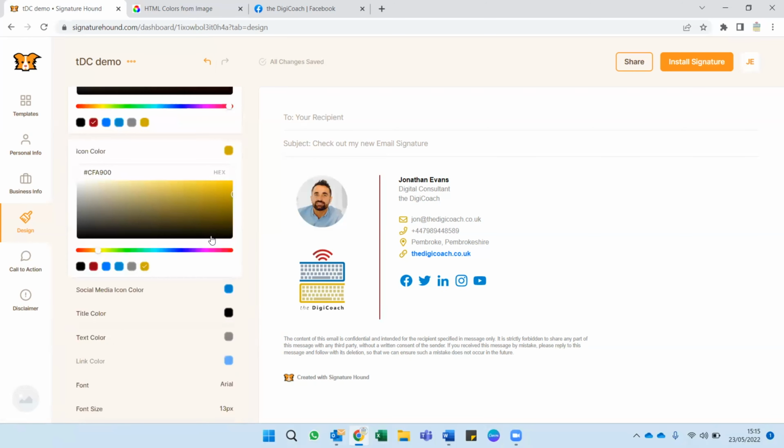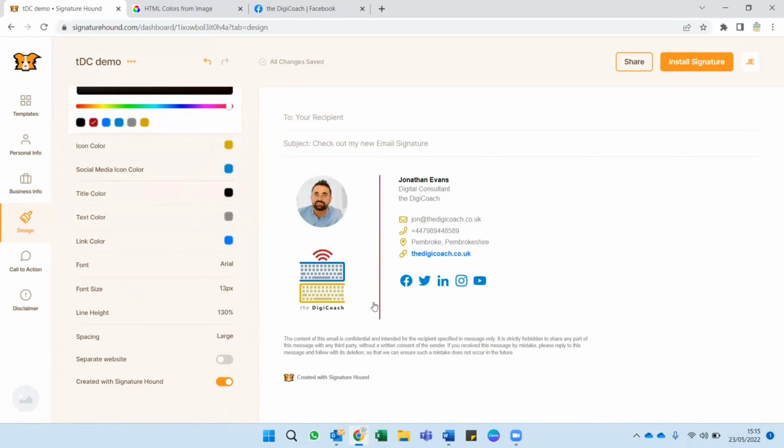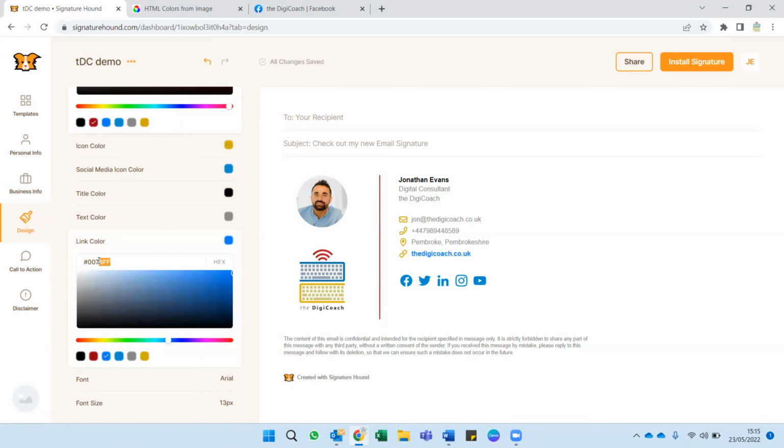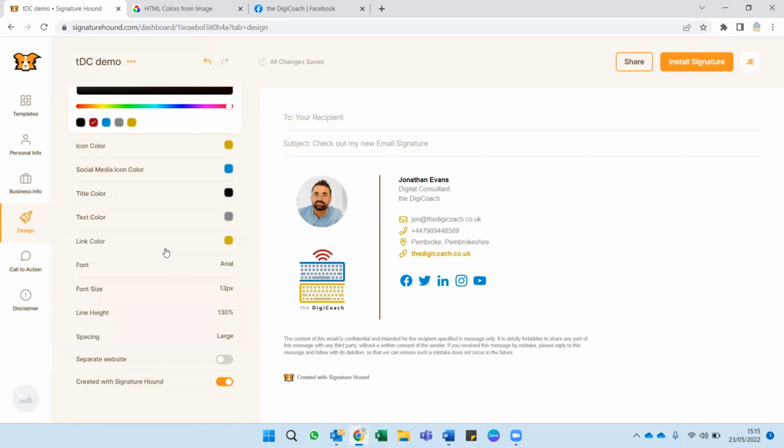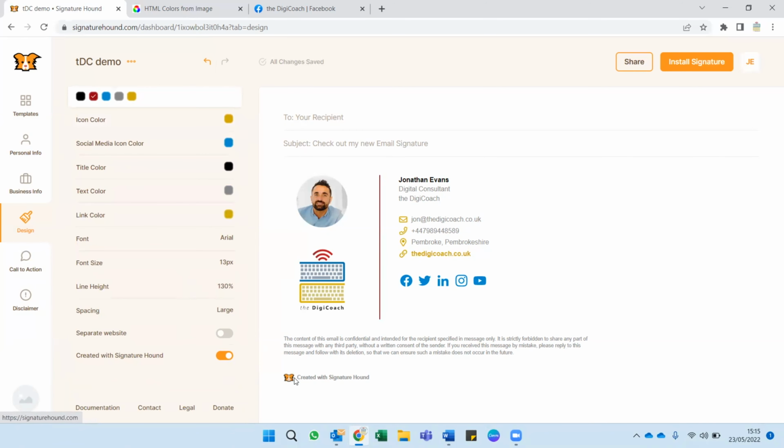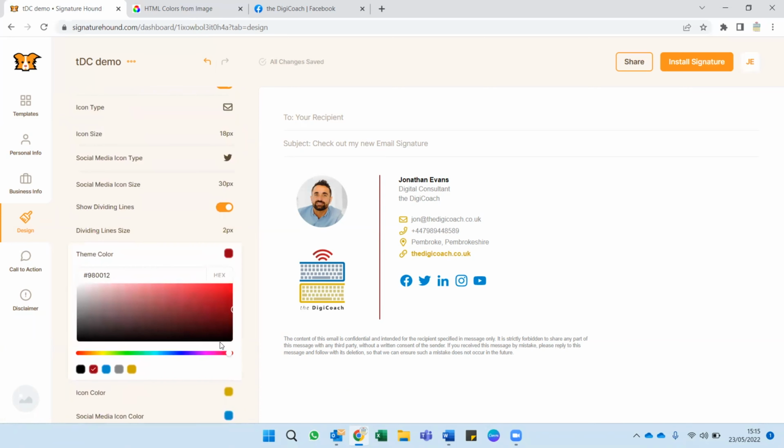If I click on that again, they shrink down. The only other thing I might want to change here is the actual link color, based on it not necessarily matching that yellow. So if I want that to be yellow as well, it's picked them up from the bottom. I can click on it, and there we have it. You'll find that it says created with Signature Hound on it. Remarkably, they let us remove that. There's also